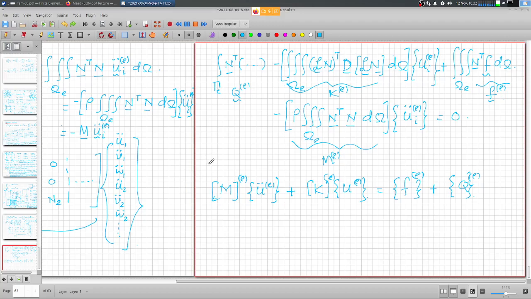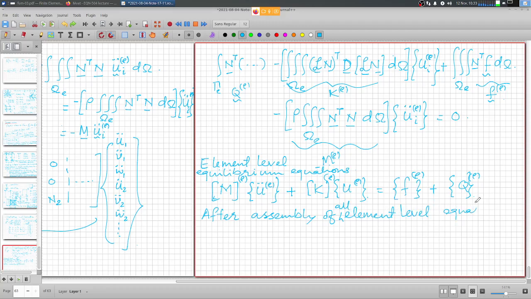So these are the element level equilibrium equations, and these can be assembled over the entire domain element by element, and after assembly of all element level equations, the global system of equations